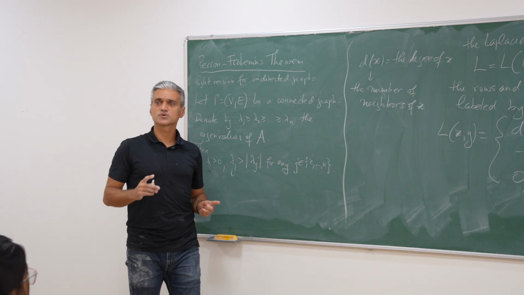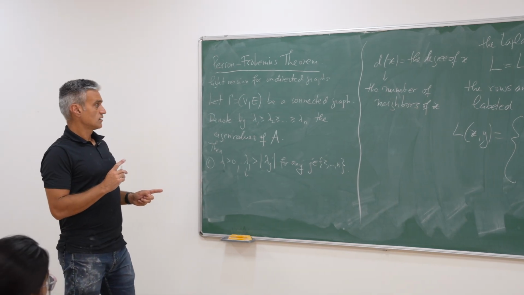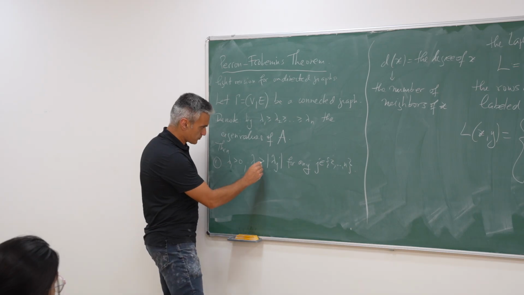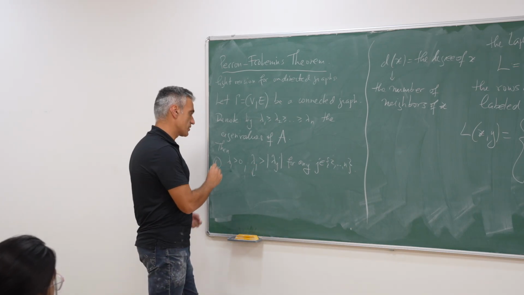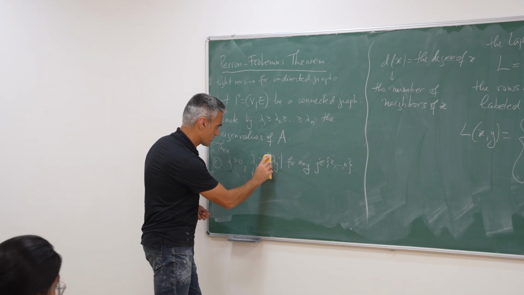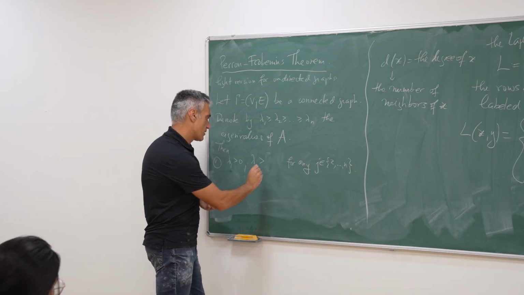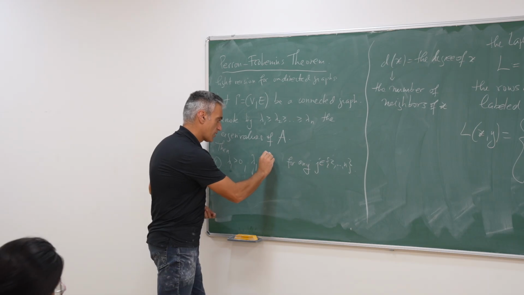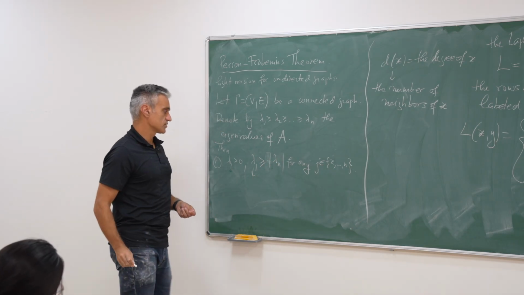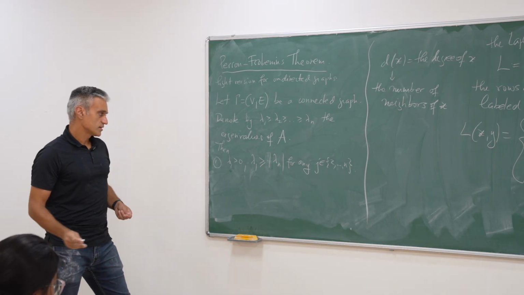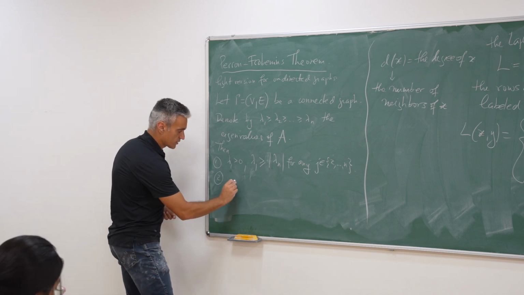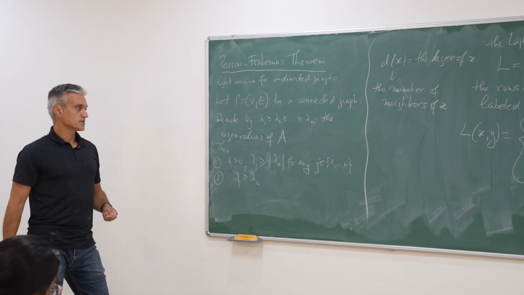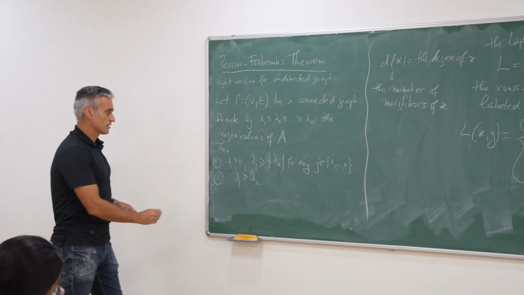That's a very good point. So let me put it this way: λ1 is greater or equal than the absolute value of λn. Yeah, I got it. λ1 is bigger than λ2. That's what I wanted to say. λ1 is bigger than λ2. And then 3,